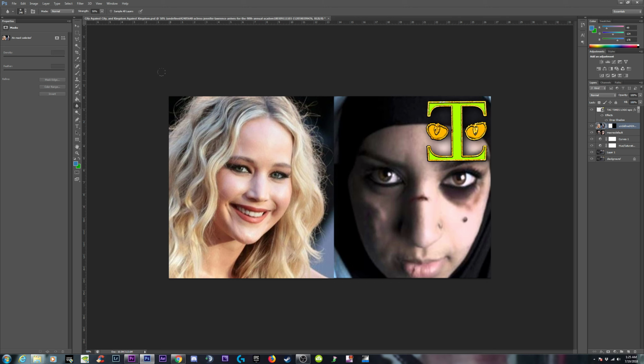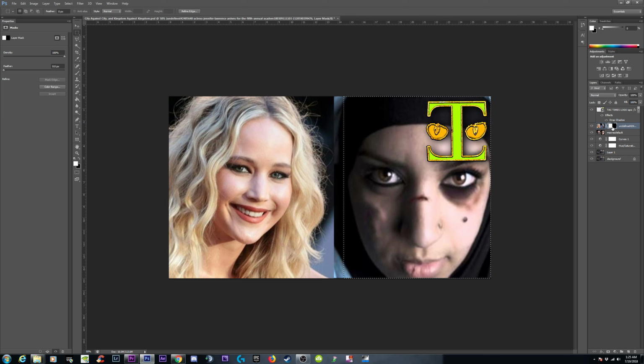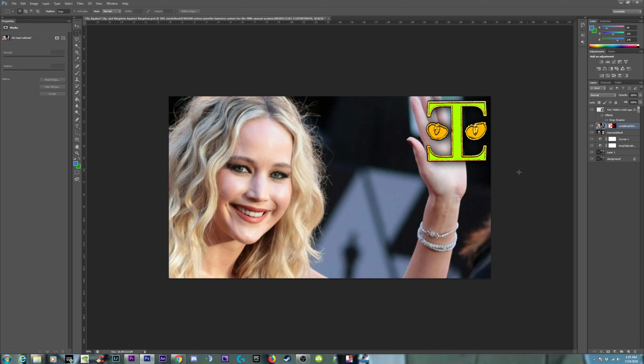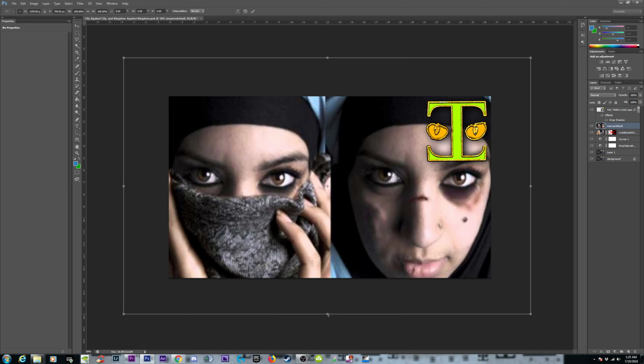So let's try this. Let's disable this layer mask. Come over here and just delete. Whoops, I was on the layer mask. I shouldn't have been on that. It should be on this. Actually, you know what? We're going to do this a different way. Forget all that. We're going to put this woman in front of her, and then we're just going to go like this. We're just going to Control T, drag her out a little bit,